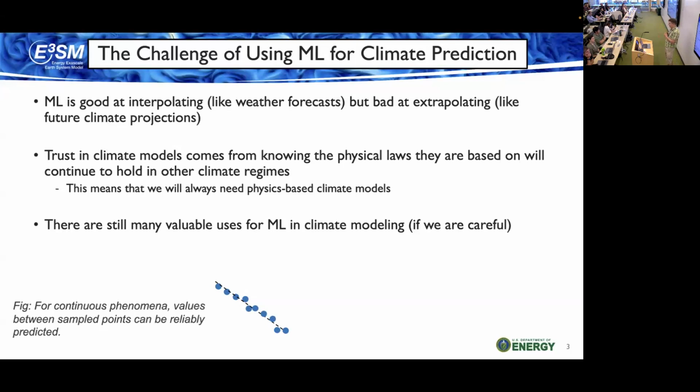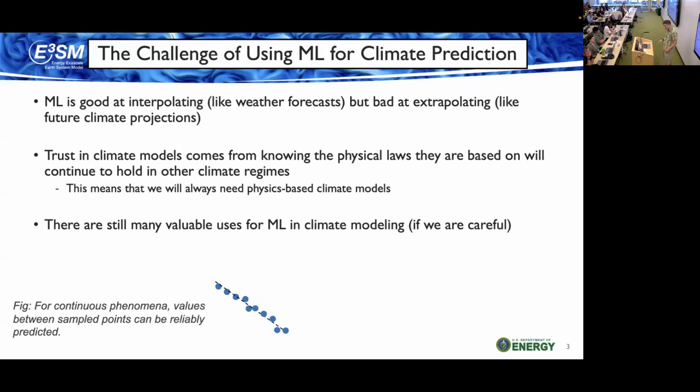But climate modeling, even though we often use the exact same models, at least physical models, for doing it, is kind of theoretically totally different in the sense that we are extrapolating, in that we are trying to make predictions with our climate models of a world that we've never seen before. We have no training data of it, right?